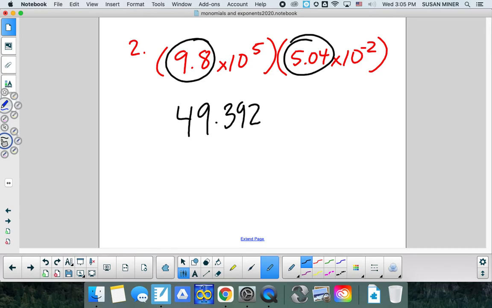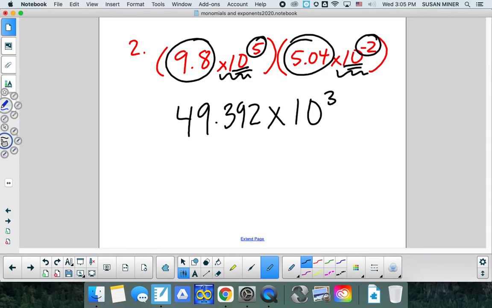And then I'm going to take the back sides of my scientific notation and apply my product rule. My product rule says as long as I have like bases, this is a 10 and this is a 10, all I have to do is add up my exponents. So I'm going to get times 10 to the third because 5 plus a negative 2